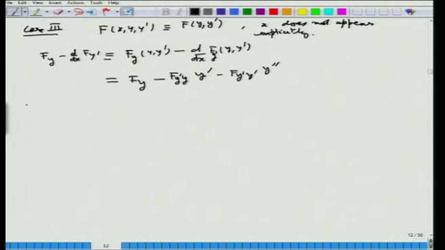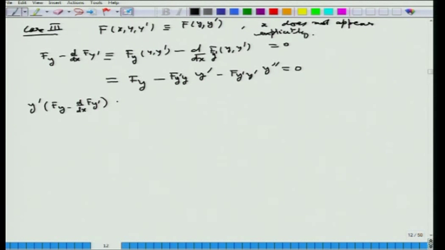So if we multiply this thing by y', since this is actually equal to 0,